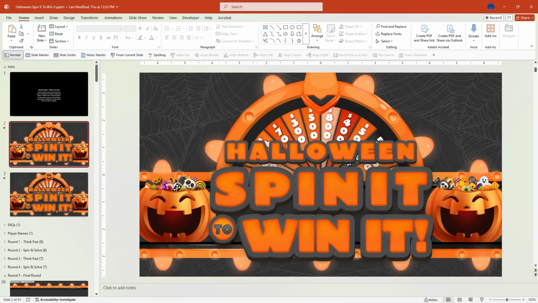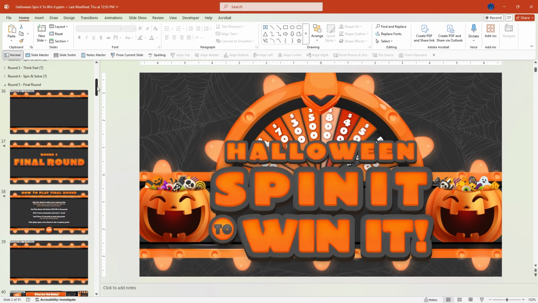Once you have the file open, you will want to start by configuring the final round based on the number of players you will have. If you'll have 4 players or teams, you do not need to change anything and the game is ready to play. But if you'll have less than 4 players, you should go to the end of the presentation to the